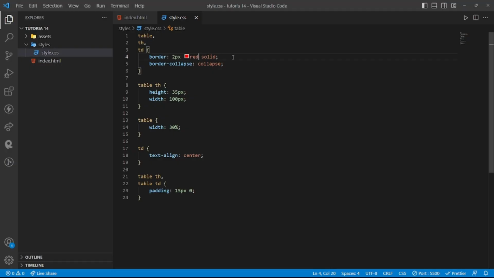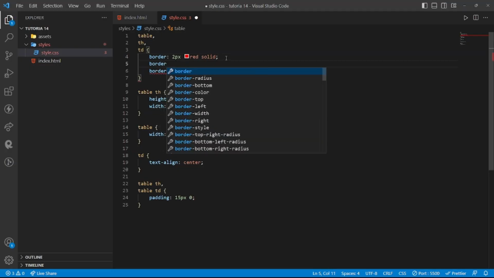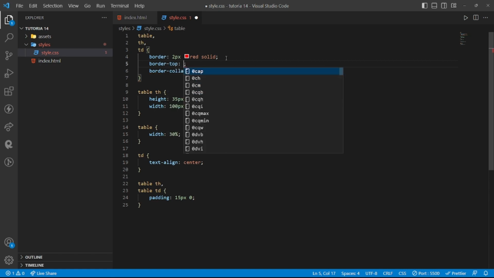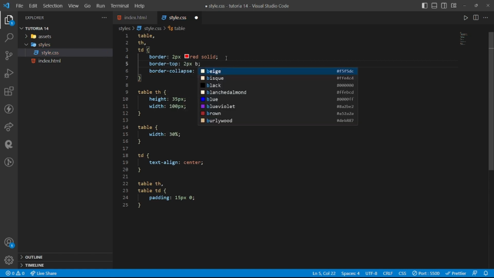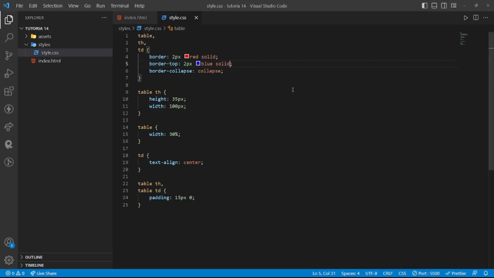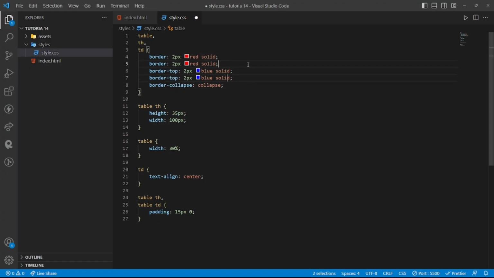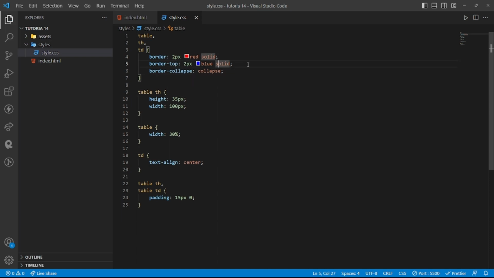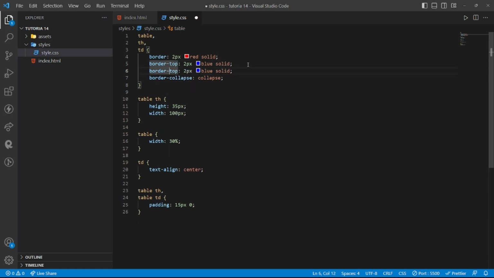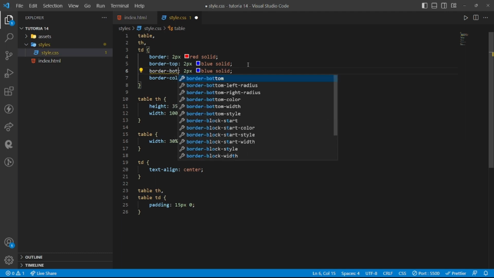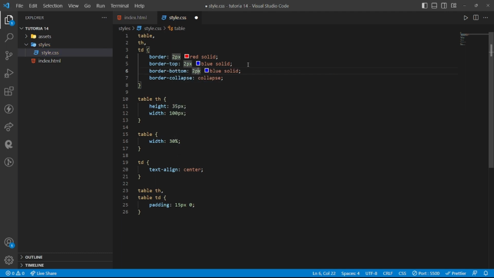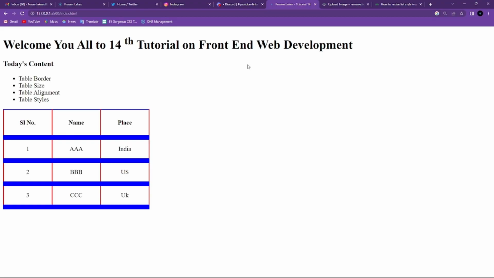Okay, or else you can use a specific color like border top to be 2 pixels blue solid. See, all the things you can do. Okay, and you can do border bottom to be this. Let's do 12 pixels. See, these are the things you can do. Okay,